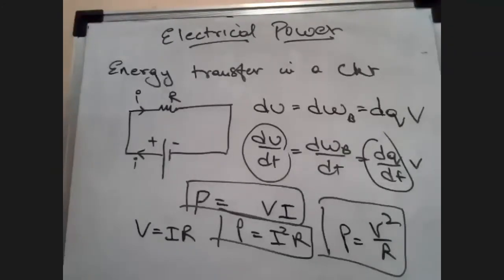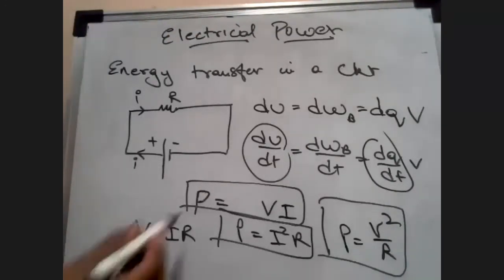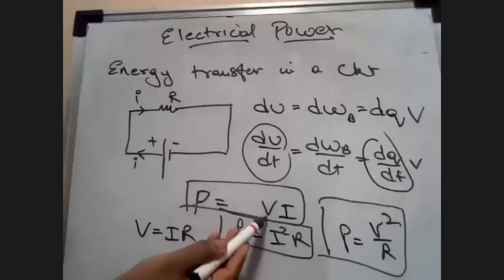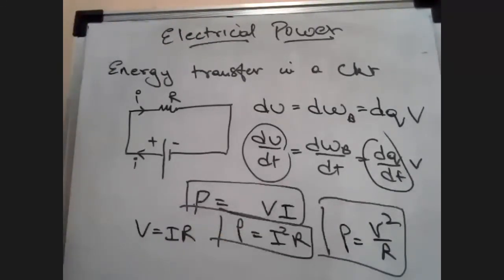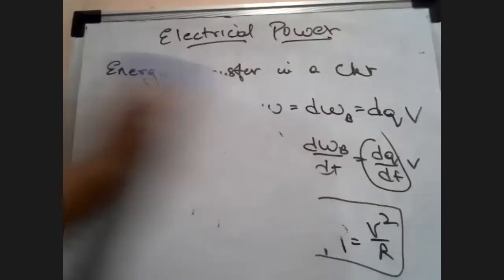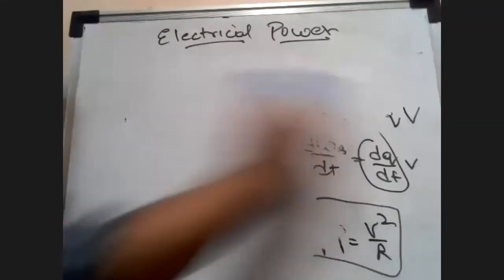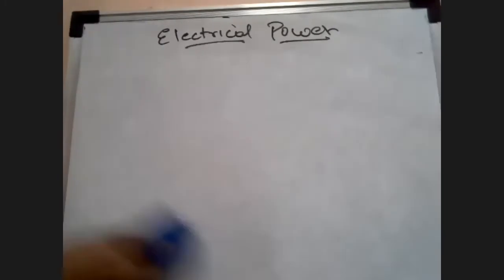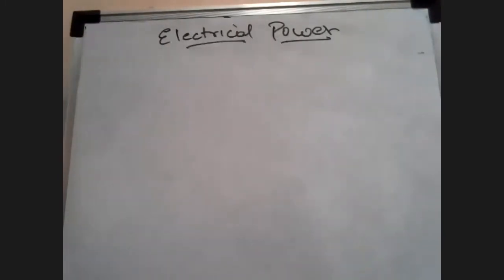Sometimes the questions are based on real life. For example, if a bulb is 100 watts, apply the 100 watts here. You know the voltage you are giving to the bulb, 230 volts. Find out the current passing through it. Simple questions like that. So this was a small derivation based on electrical power.